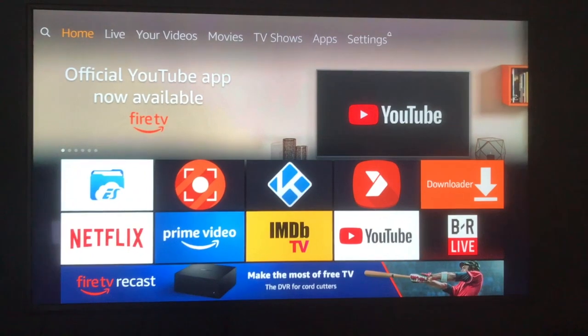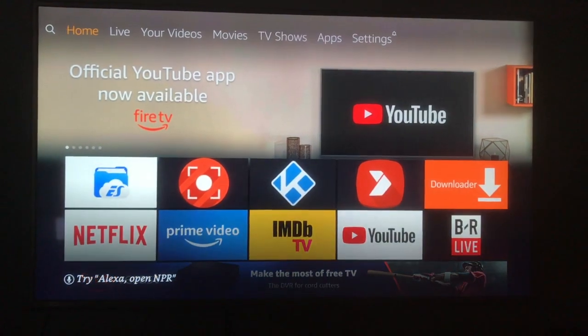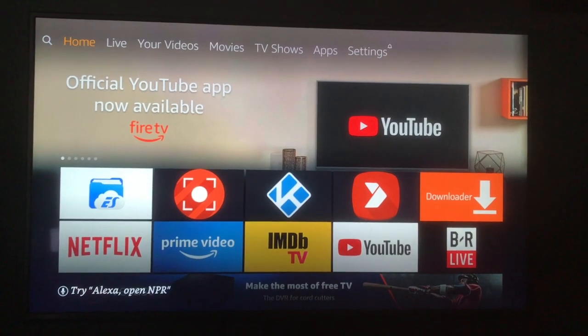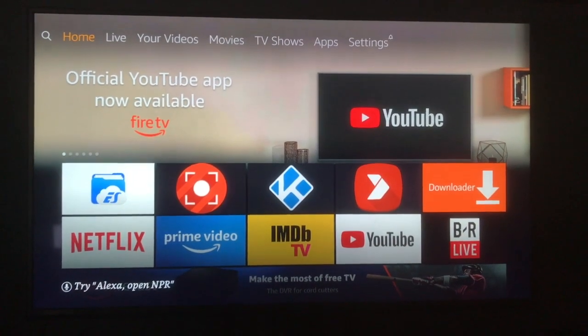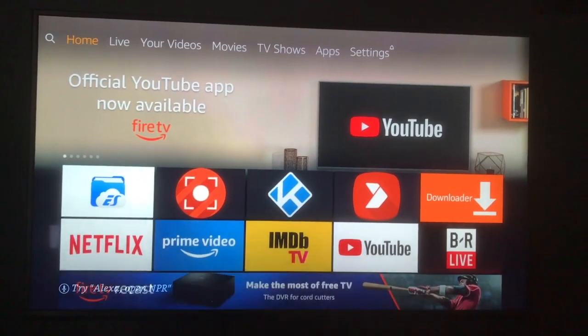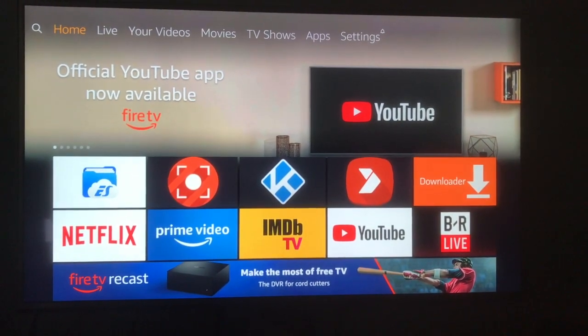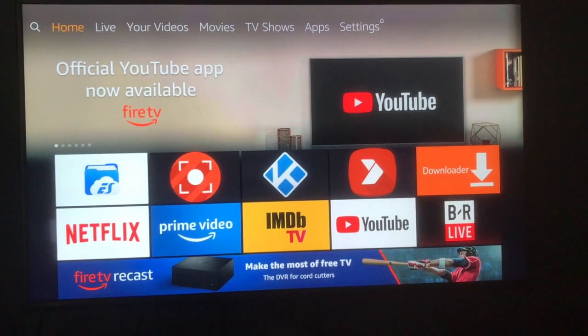So first things first. What we're gonna do is get rid of the application restrictions. That's the first thing we're gonna do, so that's the first step. Let's do that. We're gonna go to the settings on the side right there, all the way to the right side. So scroll over,